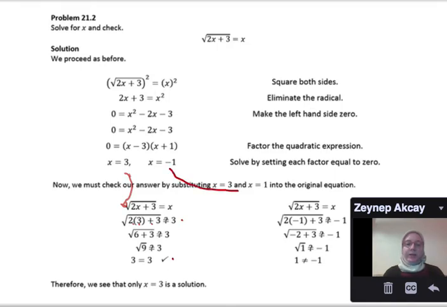But when we plug in negative 1 to the original equation, we get 2 times negative 1 plus 3. We get negative 2 plus 3 inside the radical, which is square root of 1, which gives us 1 on the left side. But on the right side, we have x, which was negative 1. So we see that 1 is not equal to negative 1, so we don't accept. So we reject this answer. So the solution to this equation is just x equals